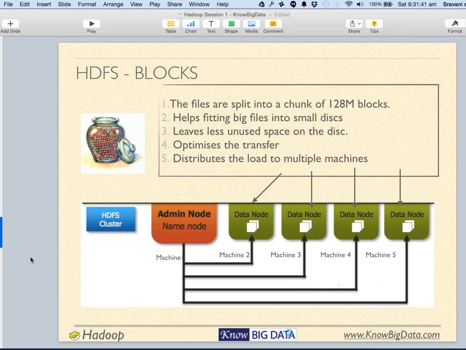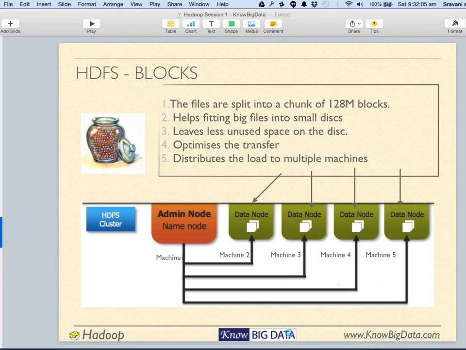All right. That also means that the admin node or name node you can run on any computer having Java, because as I was telling you, Hadoop is written in Java and so is HDFS. So effectively you can run a data node on any machine where Java is installed.